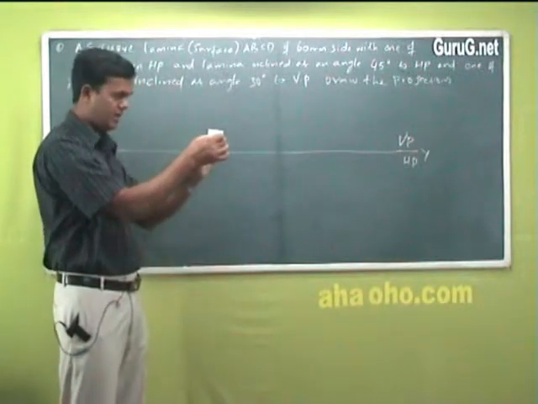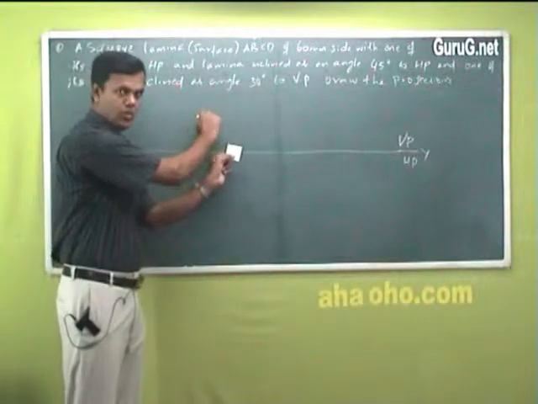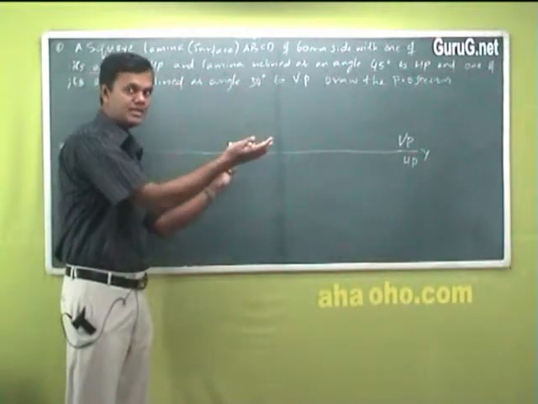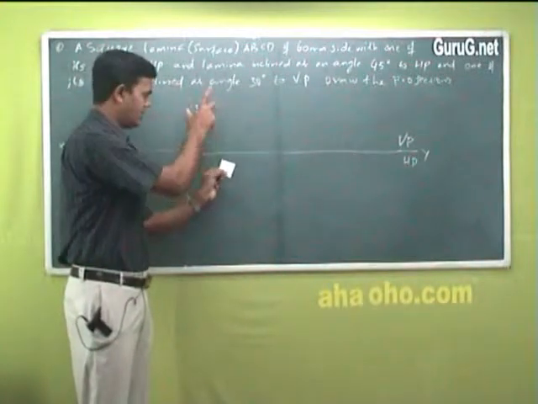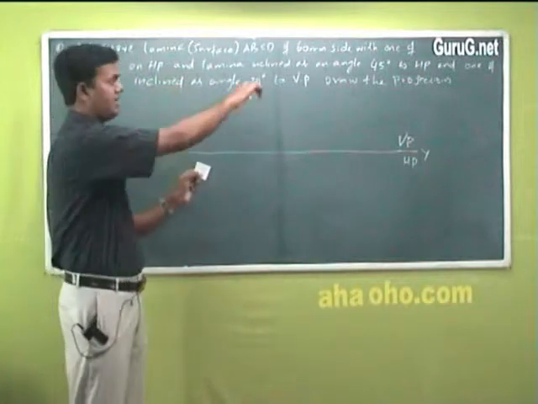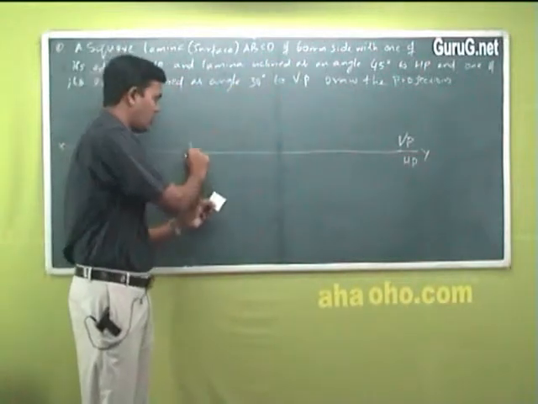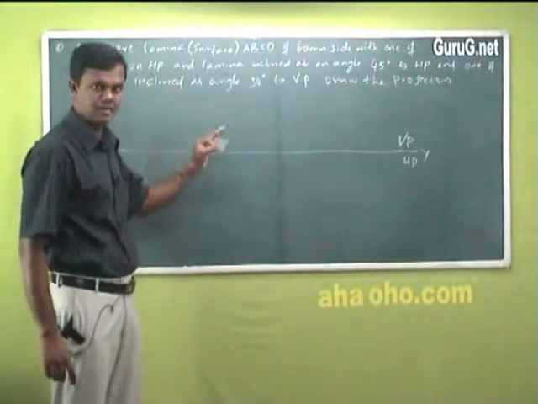If I keep the position like this and draw it, you are drawing the true shape here in the front view, which means the whole true lamina with all four sides is resting on HP. See, on HP means what? Whatever is on HP or on VP, that means you should draw it on top of the XY line only. That is very important.